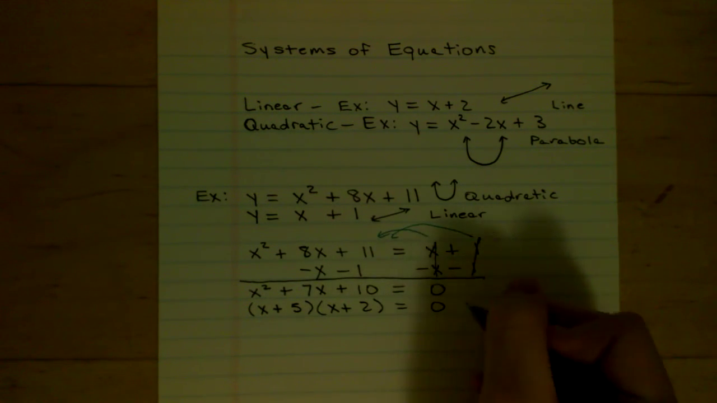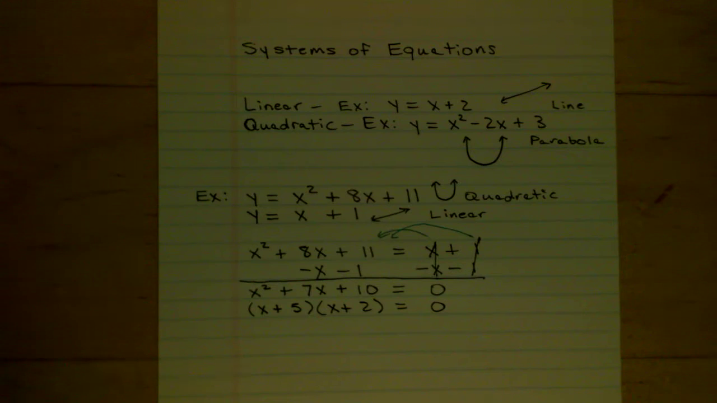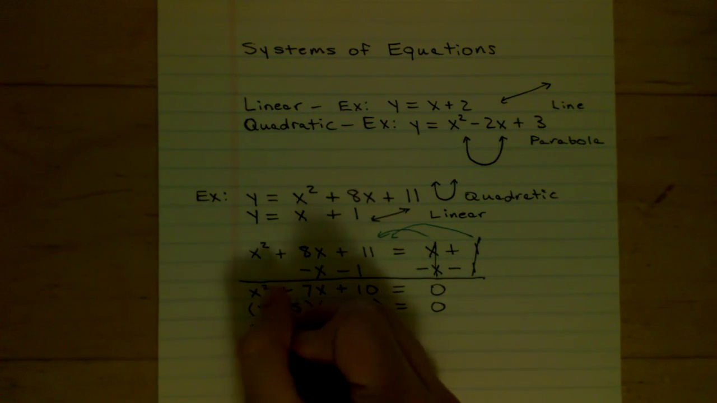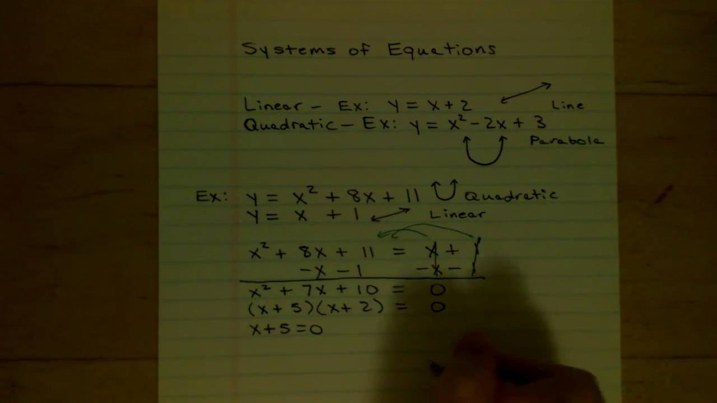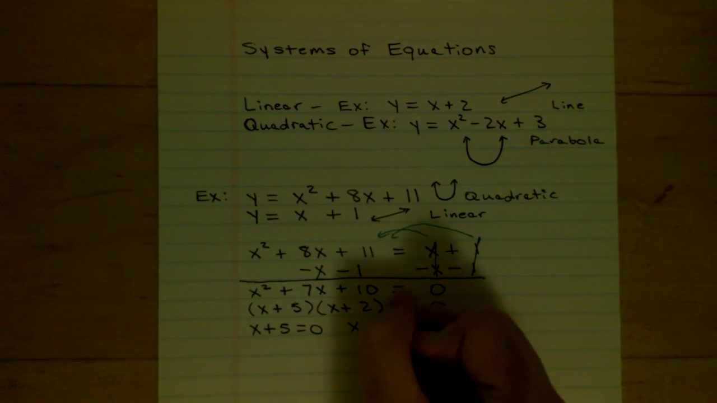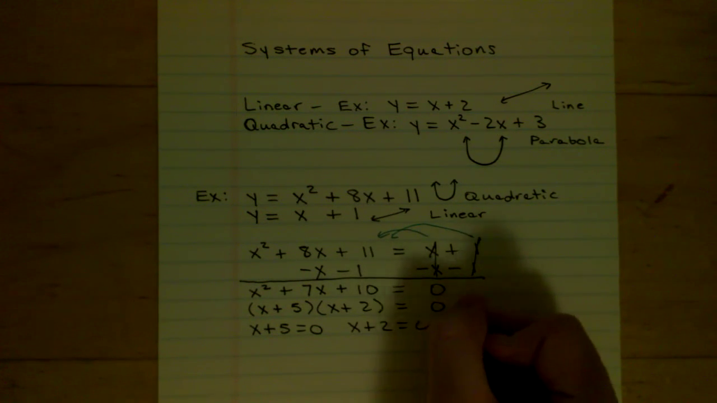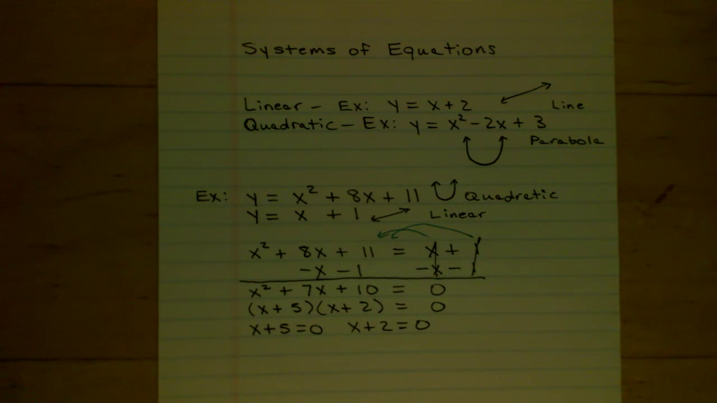Okay. And the right side is always going to be equal to 0 for these problems. Okay. So now I've factored the left side, and now I'm going to get two different equations, right? The two factors are going to become my two different equations. I'm going to have x plus 5 equals 0, and I'm going to have x plus 2 equals 0. So basically, I'm setting both of the factors equal to 0,